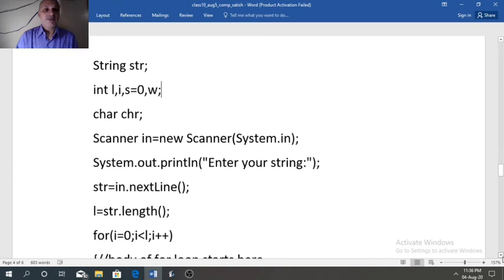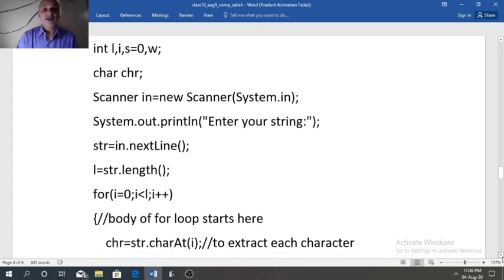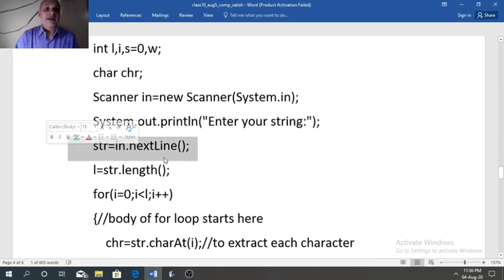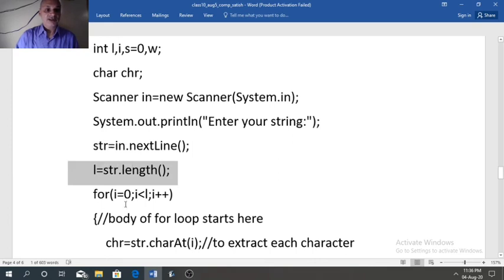Now for taking the input we need to declare a Scanner object, then display a message, enter your string. nextLine is required to accept the string. After that, first we need to find the length, that is str.length. The same loop is required that we had done in the previous program: i equal to 0, i less than L, i plus plus.